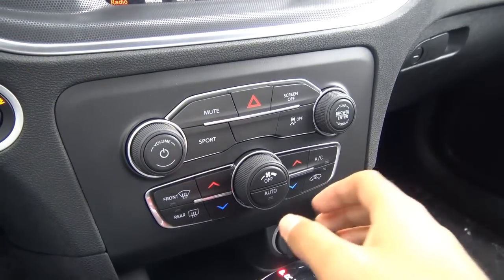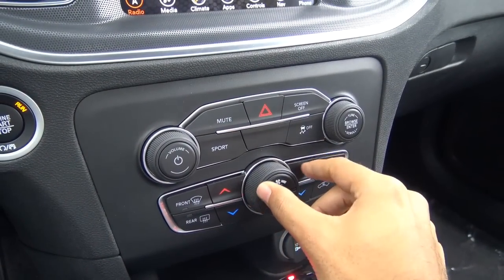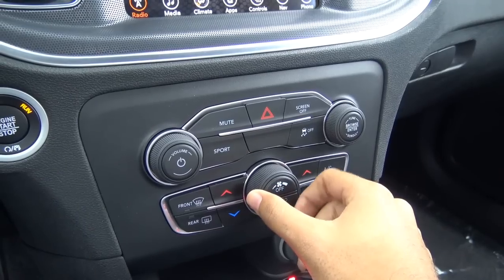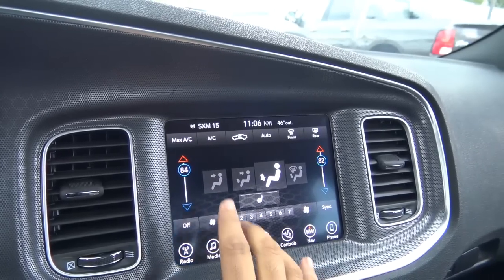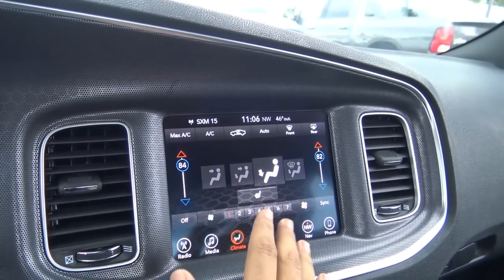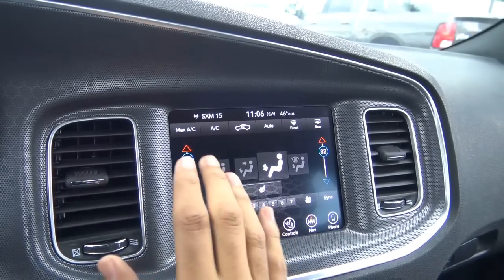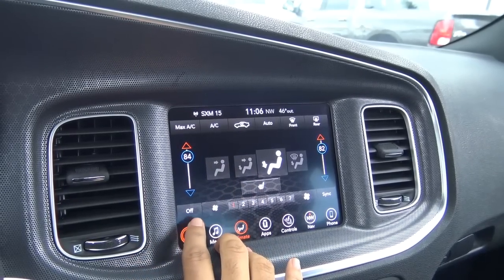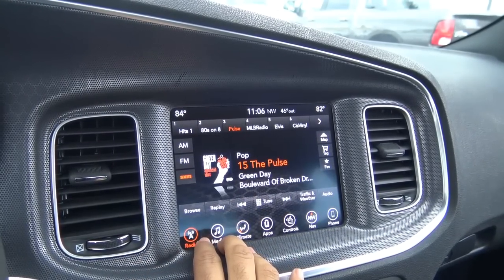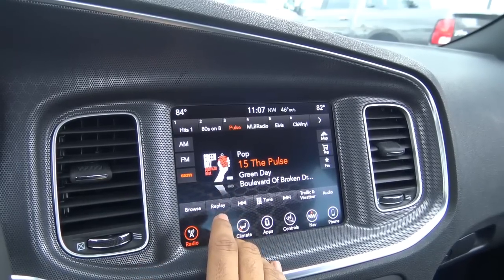Now, coming to your climate controls, we do have dual zone automatic climate control. You have your fan speed levels as well as your temperatures right here, and then you can control your climate functions from the touchscreen here if you would like. You can also change the different zones. Now, this is the main infotainment system and the head unit, and they have updated it for 2017 for the Charger. They've also included Android Auto and Apple CarPlay capability, and they've included faster response too, which is all